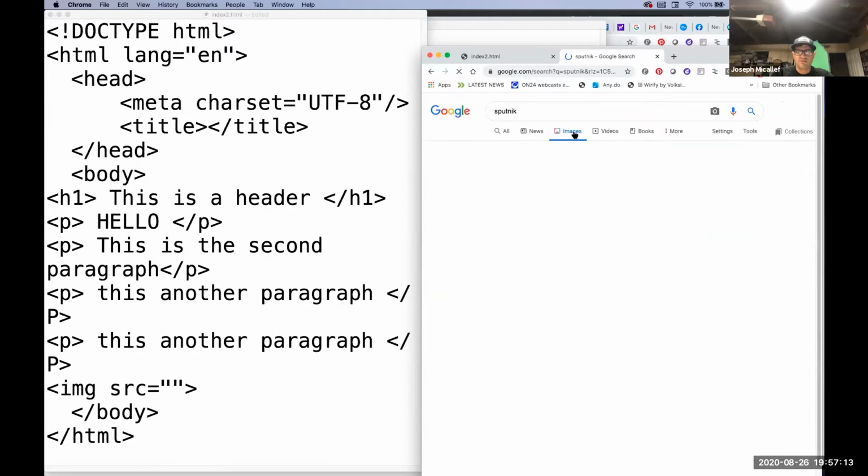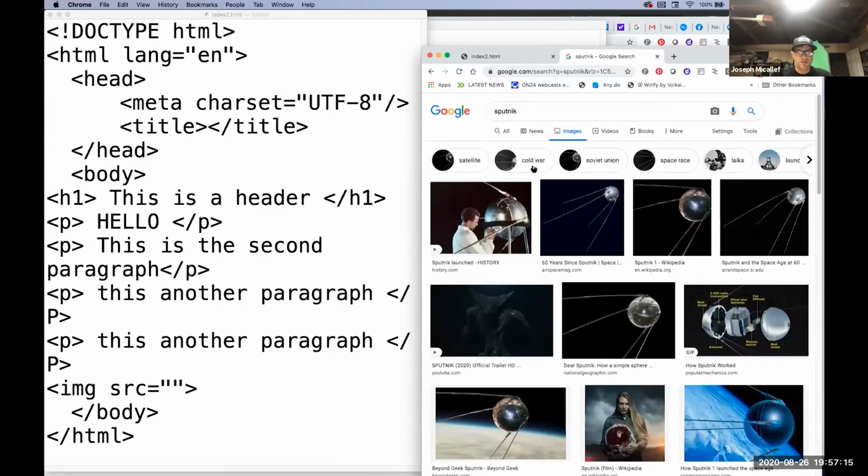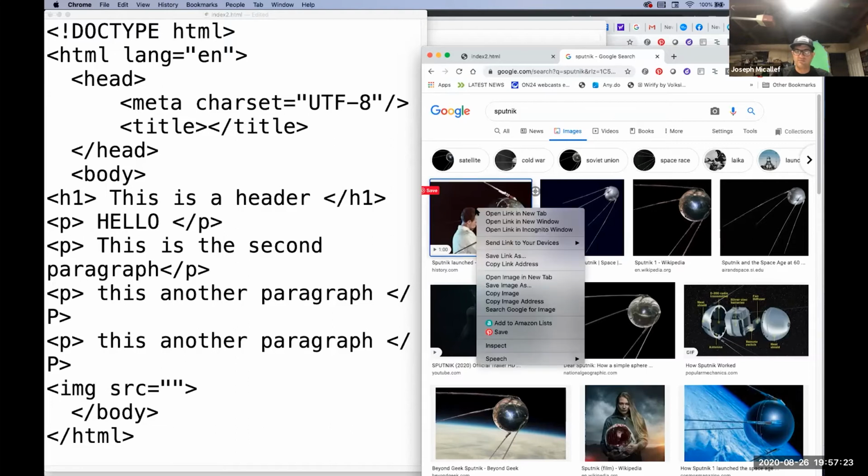We'll go into images, and there are all these images of Sputnik. So I want Sputnik to be one of my images here. When you find an image you like, you can right-click on it and then go to copy image